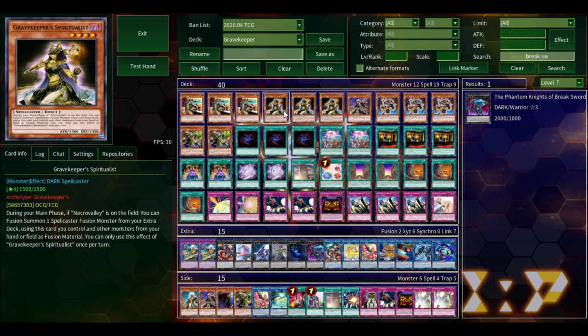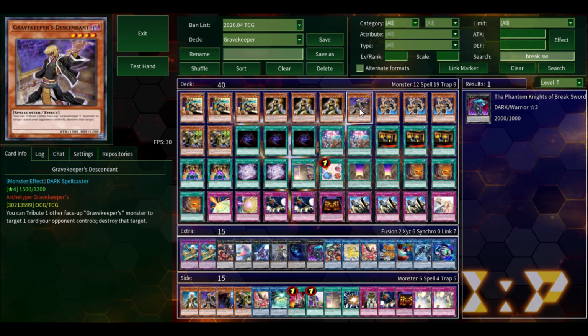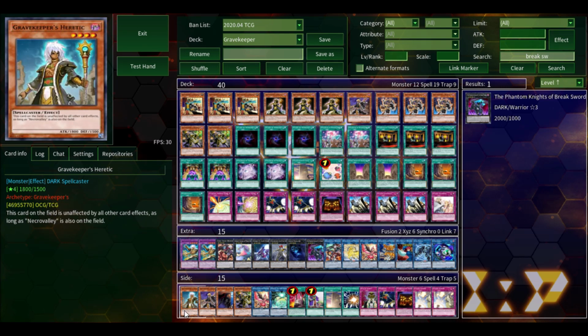Next card is Gravekeeper Descendant. For the Descendant, you can find a lot of versions on the net that don't run Descendant, and a lot of builds that run Gravekeeper Heretic instead of Gravekeeper Descendant. Gravekeeper Heretic is also a powerful card. I have also given it a lot of thought whether I should play Heretic or Descendant, but I decided to play